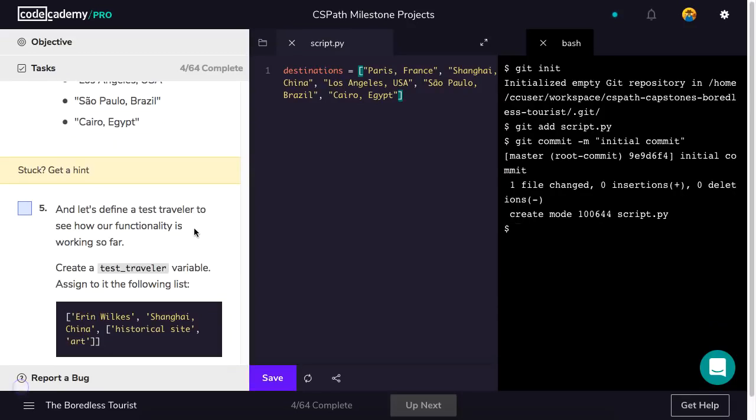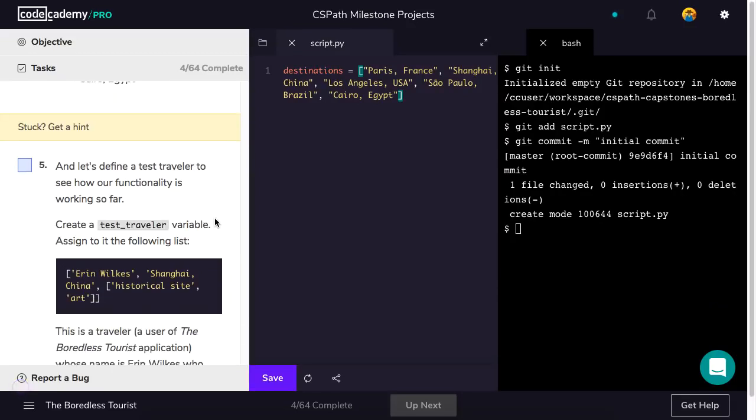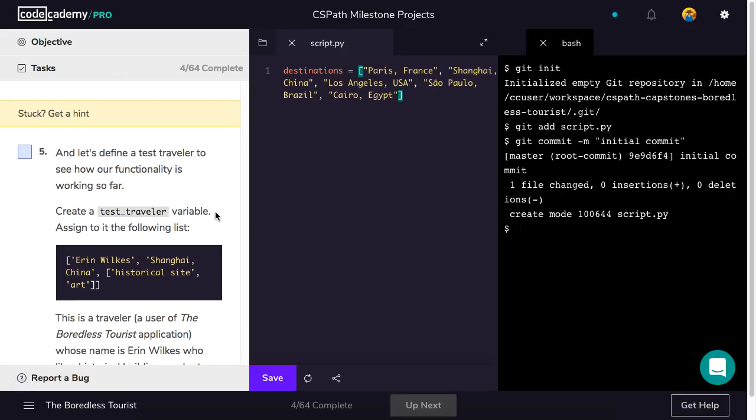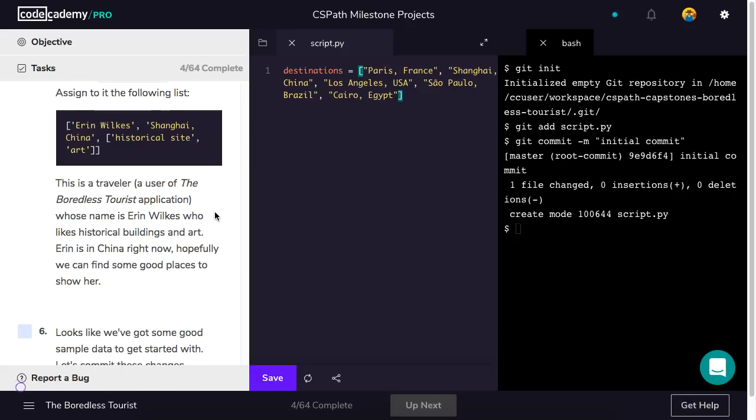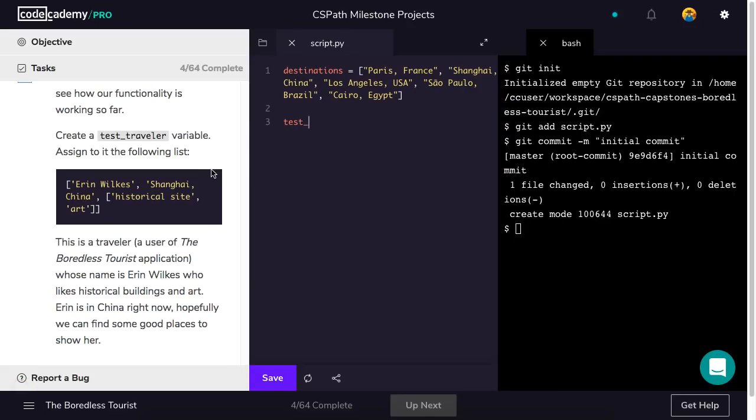Step 5, and let's define a test traveler to see how our functionality is working so far. Create a test traveler variable, assign it to the following list. This is a traveler, a user of the Boredless tourist application, whose name is Aaron Wilkes, who likes historical buildings and art. Aaron is in China right now. Hopefully we can find some good places to show her. Sweet. I hope she's having a lot of soup dumplings in Shanghai because that is the spot for soup dumplings. Anyway, create this test traveler,